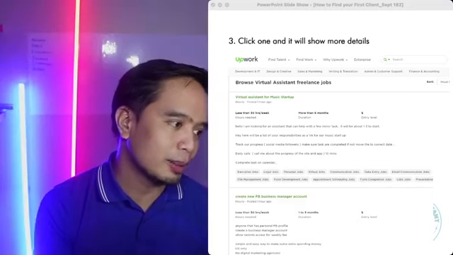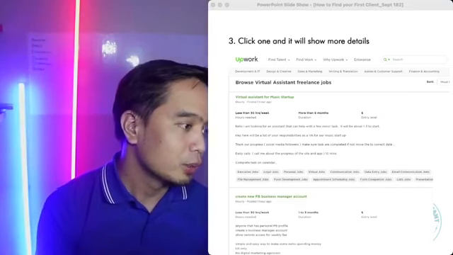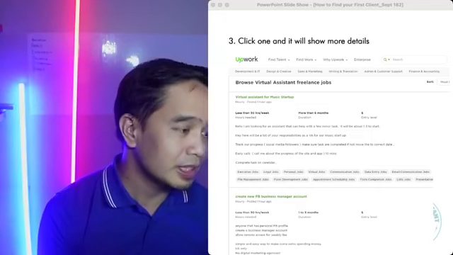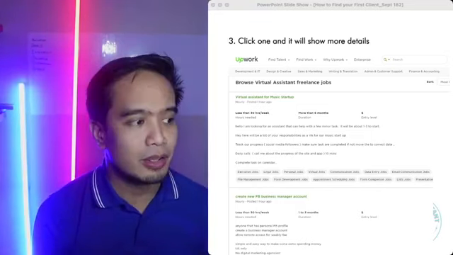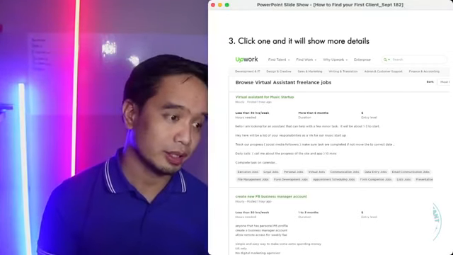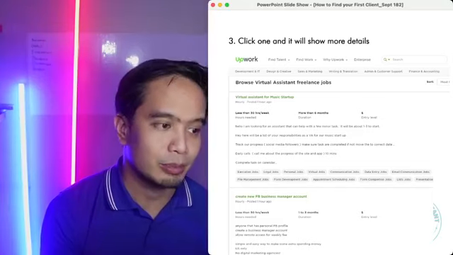And it's not only Upwork. There are also other websites that you can look for. Yung ginagamit lang natin dito is Upwork as an example. Pero there are also other websites that you can apply to. Like the ones I showed earlier, the list I showed you earlier. Yung pinakasikat lang is Upwork. That's why we're showing it here.